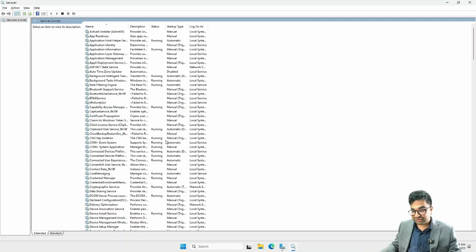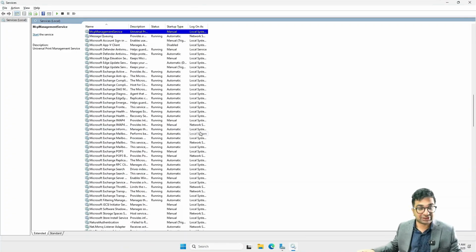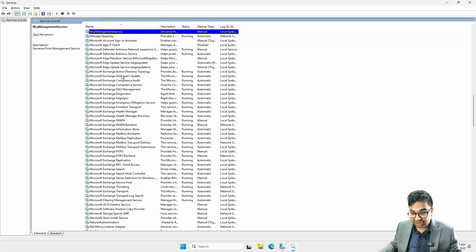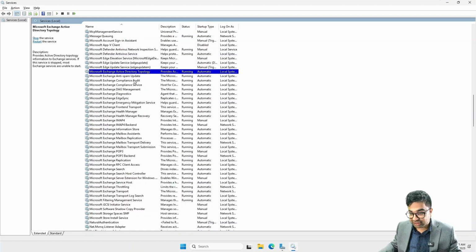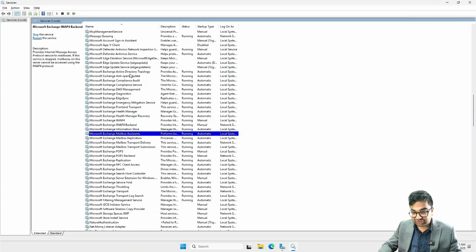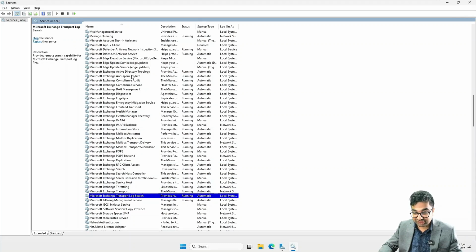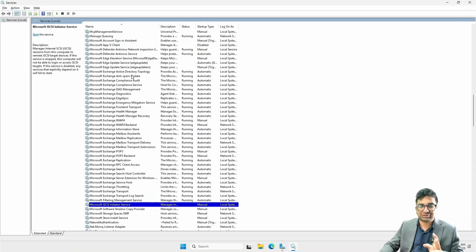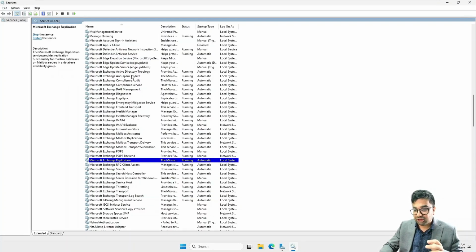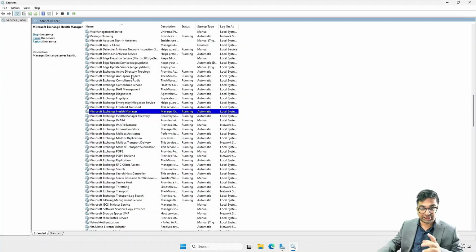Now, under this, the first thing that we'll be doing is we'll scroll down to M because it starts with Microsoft Exchange, right? So everything that has Microsoft Exchange. We are starting from Microsoft Exchange Active Directory Topology. Everything should be running. Even if one or two things are not running and they should be set to automatic, it's okay. So server extensions and all those things, some things are okay. You do not want those things to be running on automatic like POP3 and things like that, but they should be running. Everything should be running. Once this is done,